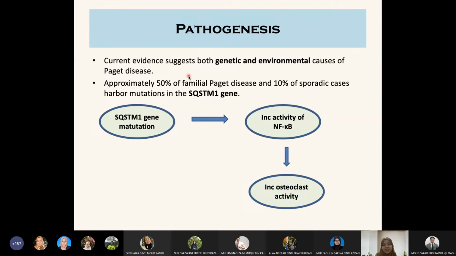So current evidence suggests that the pathogenesis could be contributed by genetic and environmental factors. Approximately 50% of familial Paget and 10% of sporadic cases actually harbor mutation in the SQSTM1 gene. When there is a mutation in the SQSTM1 gene, there will be an increase in NF-kB, and because of this, it will increase the osteoclast activity. Okay, so these are the proposed theory of the